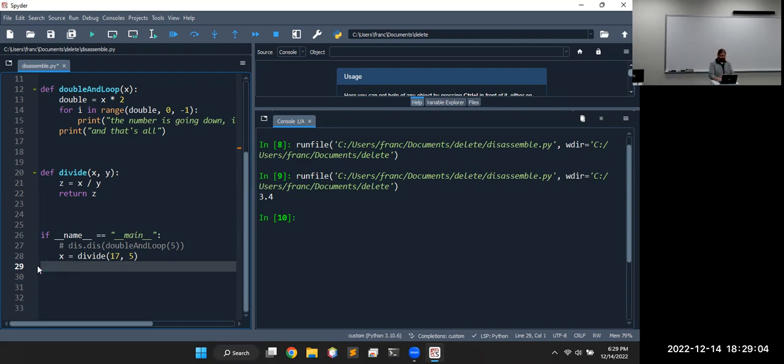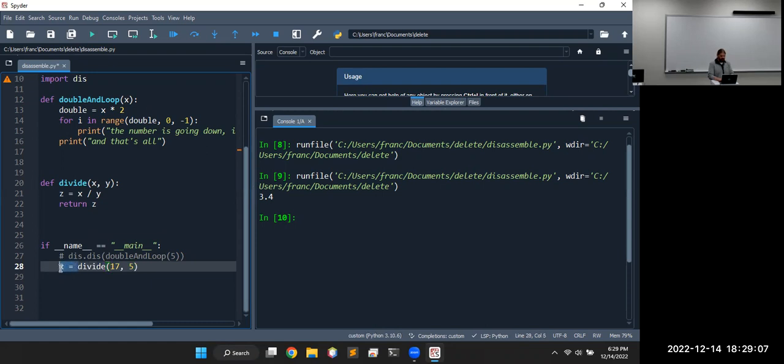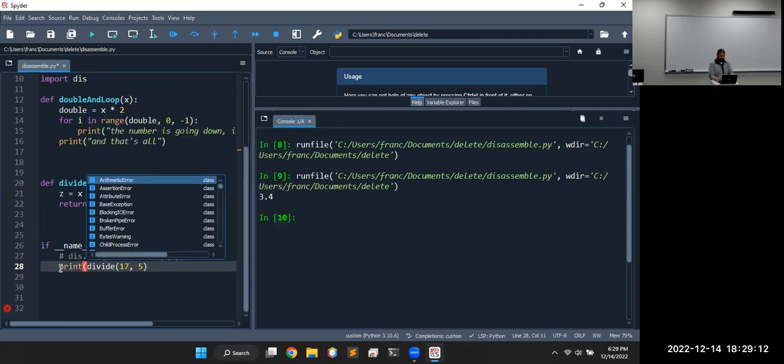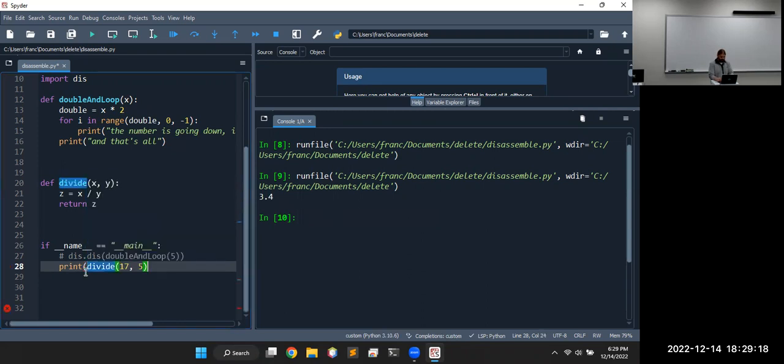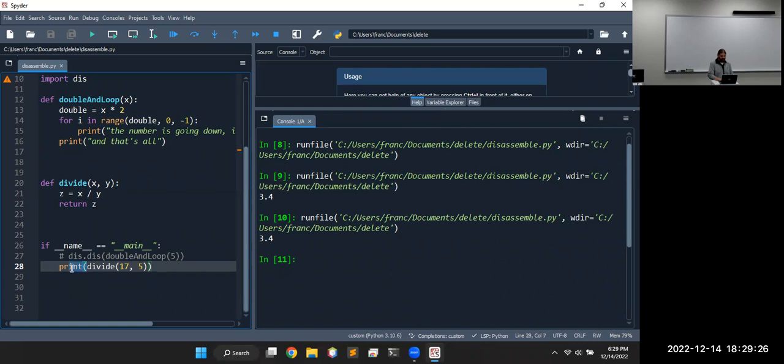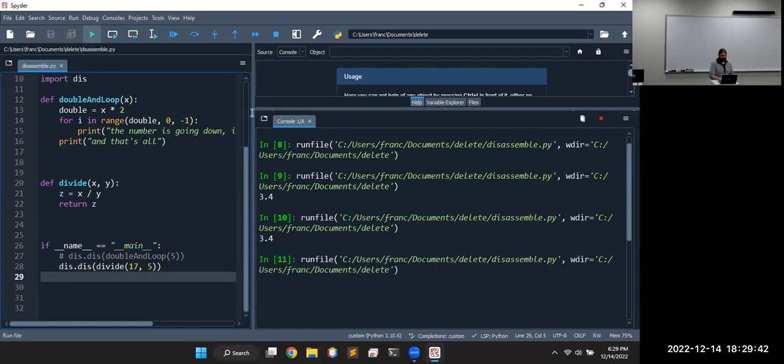But closer to the machine, we also have the assembly language. Actually, I'll put it like this. So I'll print that number out, which is basically the same thing we just had. Oh wait, no, we don't need to print that. So instead of printing it, I'm going to use that dis module and call the dis function. So the disassemble function, and then that will show us what that looks like in assembly language. So when we run it,